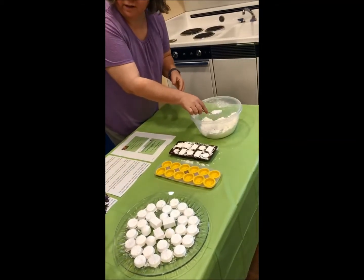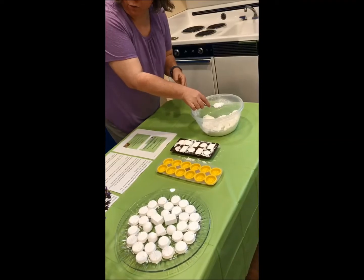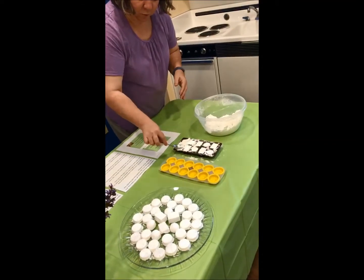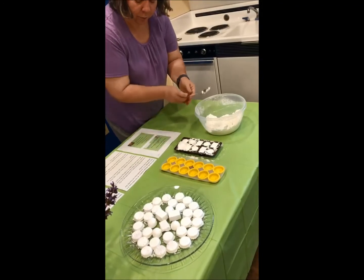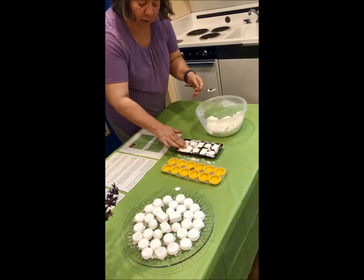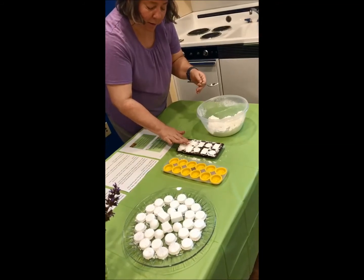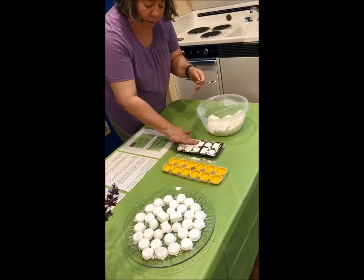What was it that they said? 24 to 48 hours of drying time for these before they will actually be usable. And you want to make sure you do give it plenty of time. I know it's exciting to have these and you want to use them right away, but it's important to make